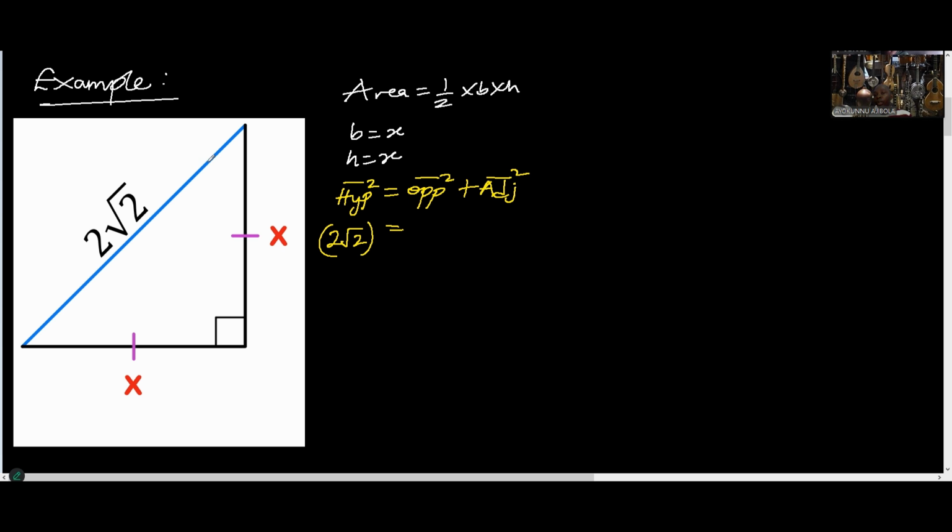But if your angle is at the other side here, this is the opposite to that angle, and this is the adjacent that joins the angle to 90 degrees. But the hypotenuse is always facing 90 degrees, okay? So even if I turn